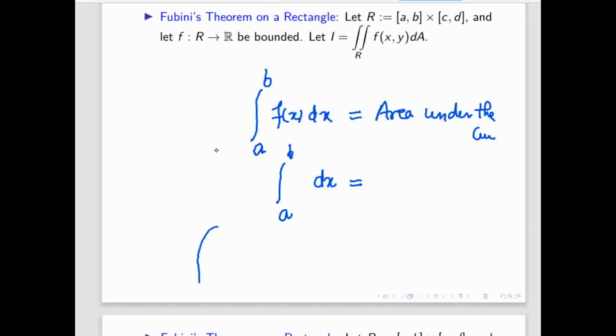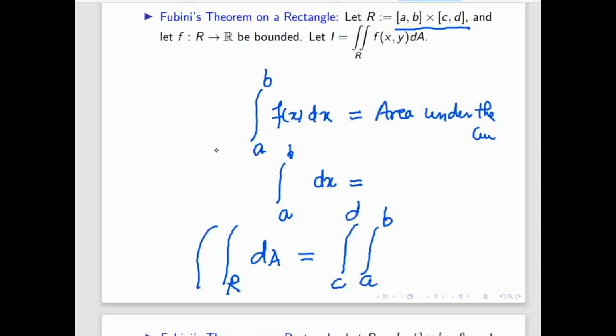Okay, so now we will go back to this dA I am writing, and this is the rectangle ABCD. So what is the integration of this over R? That means we have to apply the limits. Because it is a rectangle, we can apply them in any order. So dx dy, what will it represent? It means what is the area. This will represent the area of this rectangle R.